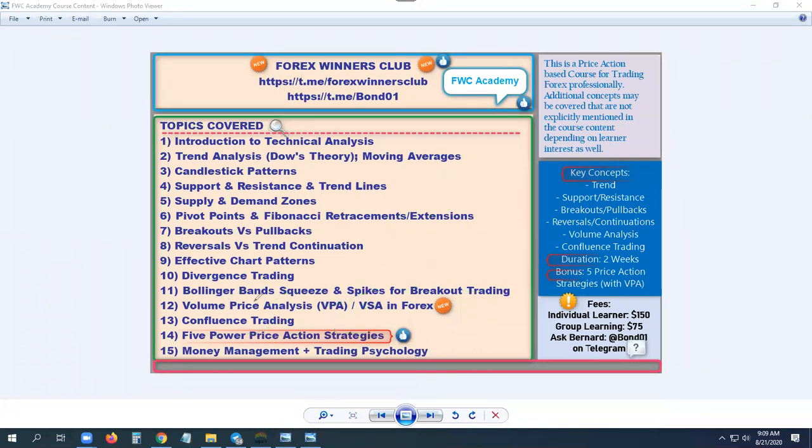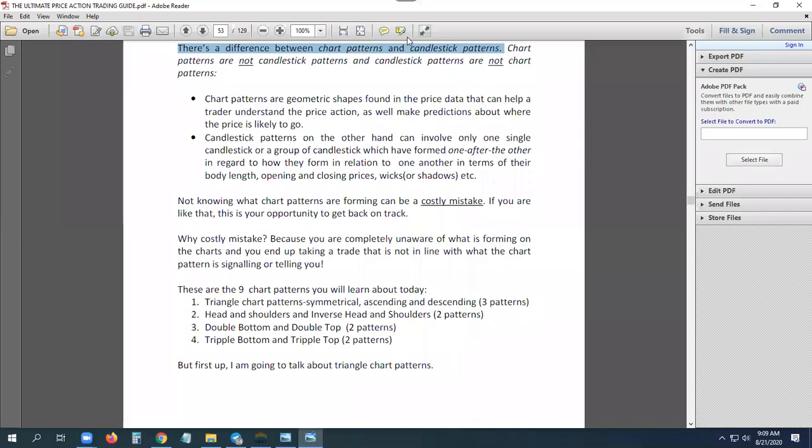Now, if you ask me, among the 9 chart patterns, I will tell you this. If you want to trade chart patterns, concentrate on this. These are the ones I find very profitable. This is my only recommendation: double top and double bottom, head and shoulders, only those. If you must trade 1 or 2, then trade head and shoulders plus the inverse head and shoulders.